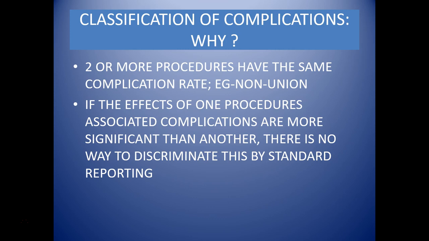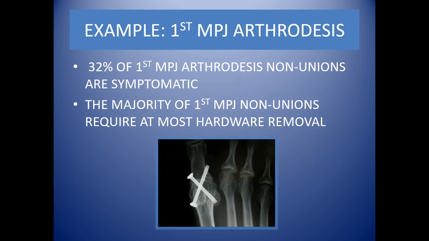And this way, armed with this information, we can make perhaps better clinical decisions. Again, here's an example. We know that the majority of first MPJ fusions, when they're non-unions, are not symptomatic,